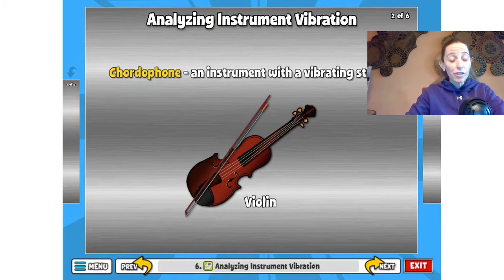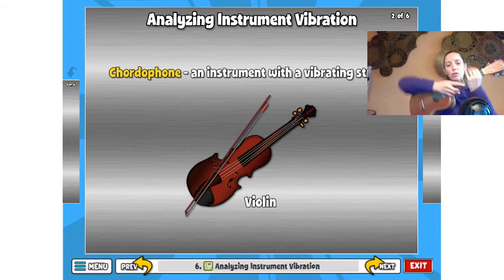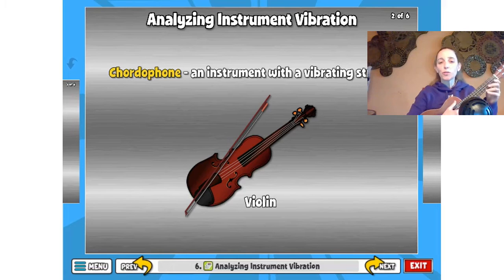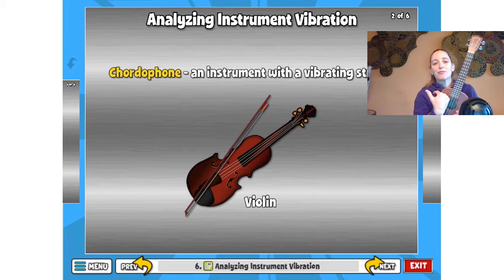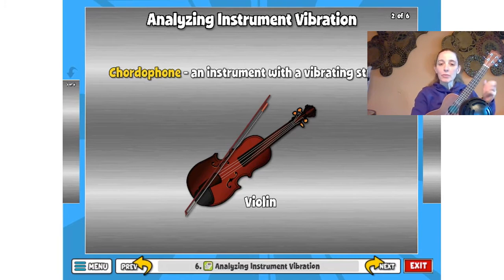So we are going to start with chordophones. A chordophone sounds like chord. That's the main part of the word. The chord is for any instrument with a vibrating string. And it's really easy for me to remember a chordophone because I think about guitar or ukulele, because you get to play a bunch of strings at the same time. And so you can either pluck a chordophone,